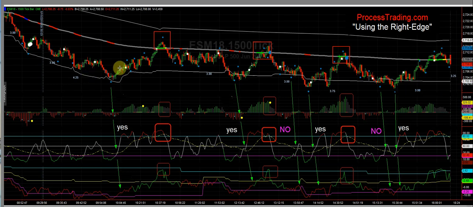Even so, there were 3 trend trades that were identified that you could have taken. And actually, there's 3 contrarian trades that you could have taken as well. Actually, 4 contrarian trades. So let's do the easy lifting first, which is to just use the process trading right edge trading system, trend trading,